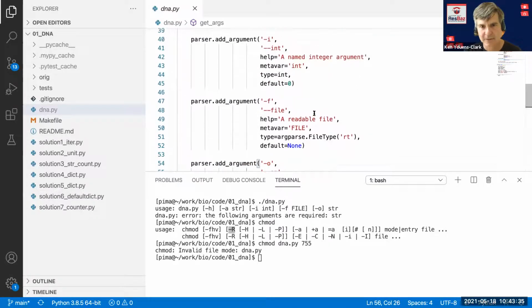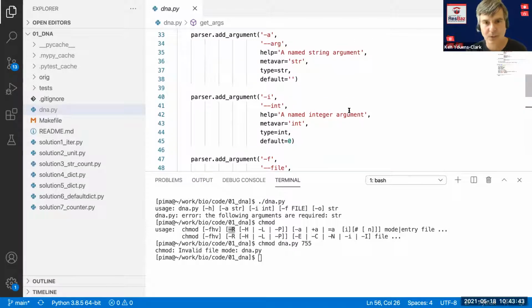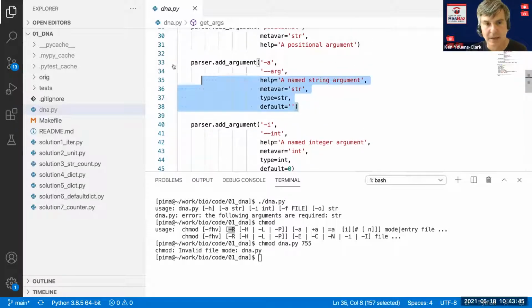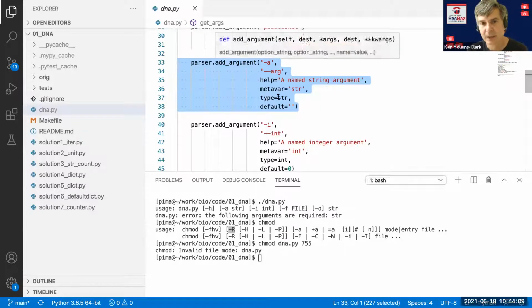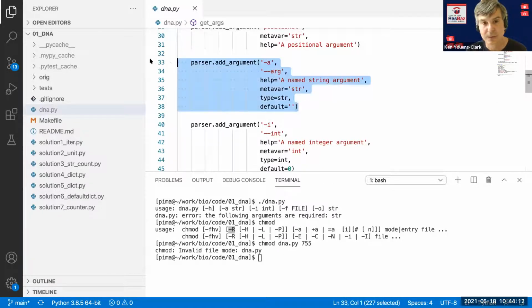It's also possible to have arguments that are named, but they're options. So it could be there, and if it's there, it should be this value. So if you wanted to do something like that was a string value, like you were creating a program like that greeting program. Let's say instead of it asking you using the input, it was going to expect that your name was a command line argument, and maybe also the greeting could be an optional argument. So instead of saying hello Ken, it could say greetings Ken, and so the greetings could be an optional argument, but it takes a value. And so here's how you would define one that takes a string value.